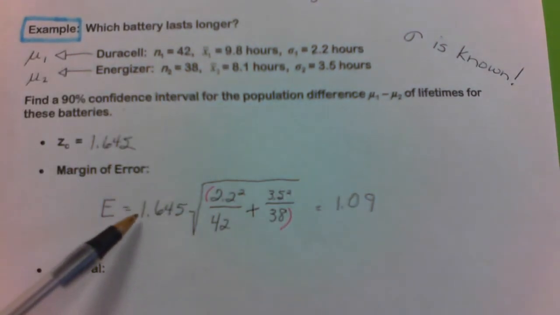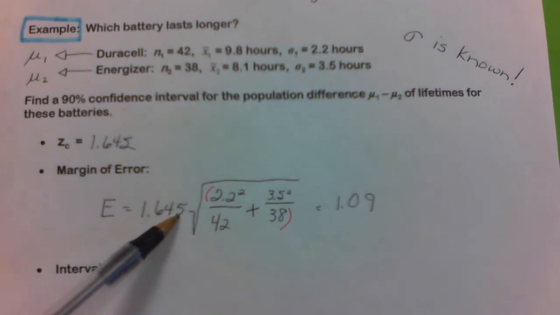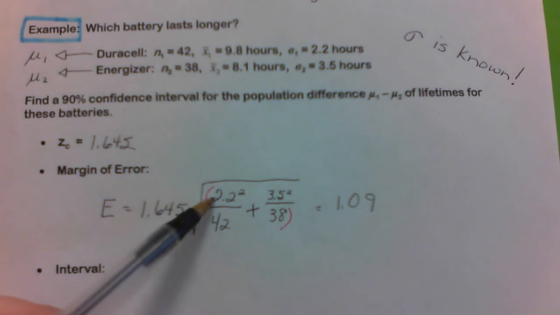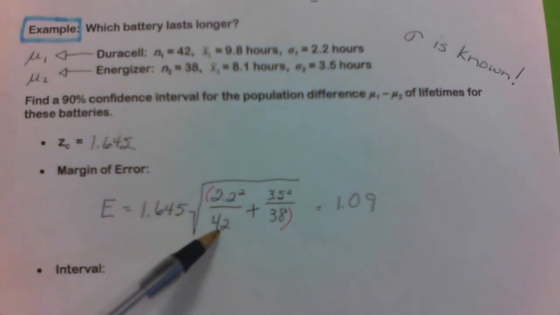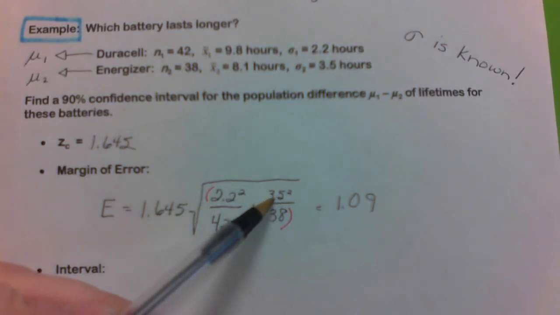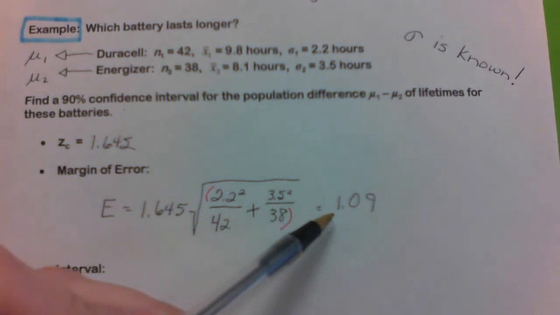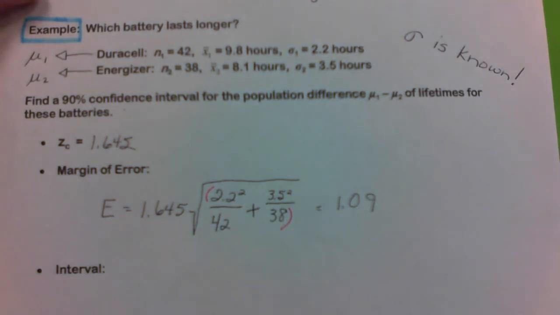Again, in your calculator, it's 1.645 times the square root of, open parentheses, 2.2 squared divided by 42 plus 3.5 squared divided by 38, close parentheses, then push equals. Then my confidence interval,